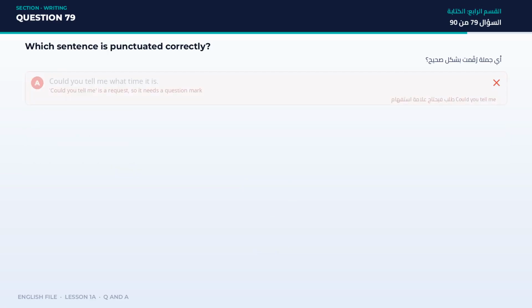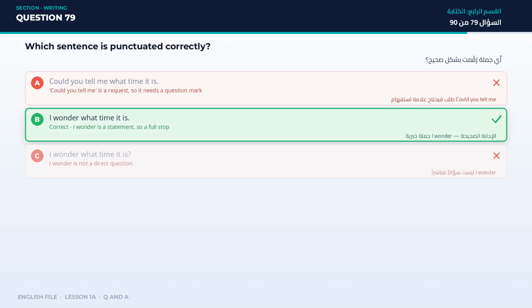I wonder what time it is. I wonder is a statement, so a full stop. Not A, could you tell me is a request, so it needs a question mark. C, I wonder is not a direct question. D, unnecessary comma and inversion. Question 80, the answer is